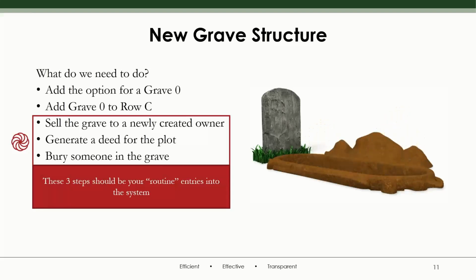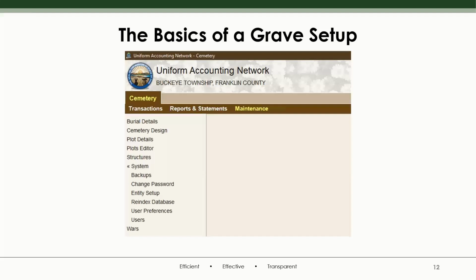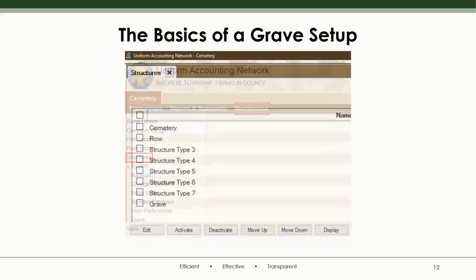The top two, they're going to be special purpose, much like in our case, because we don't have an official grave there yet. That's why we're having to do those steps. All right, so first things first, like I said, right now we don't have an option for grave 0, so we'll need to add that into the software, and we do that through cemetery, maintenance, structures, and that'll bring up